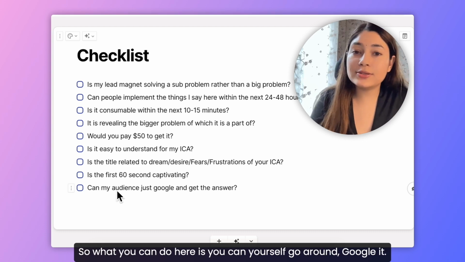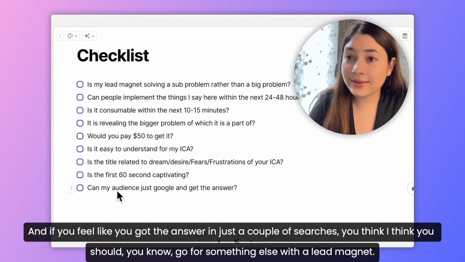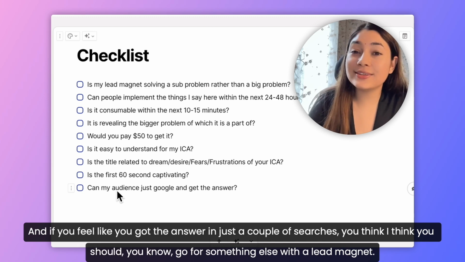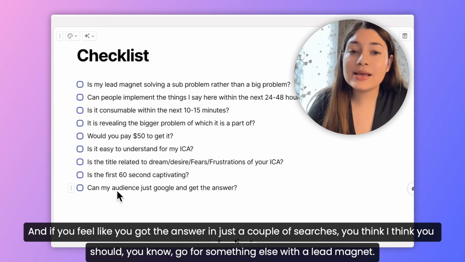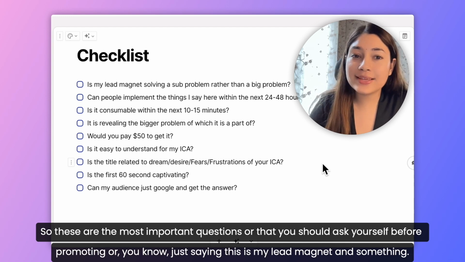So what you can do here is go around and Google it yourself, and if you feel like you got the answer in just a couple of searches, I think you should go for something else with the lead magnet. So these are the most important questions that you should ask yourself before promoting or saying this is